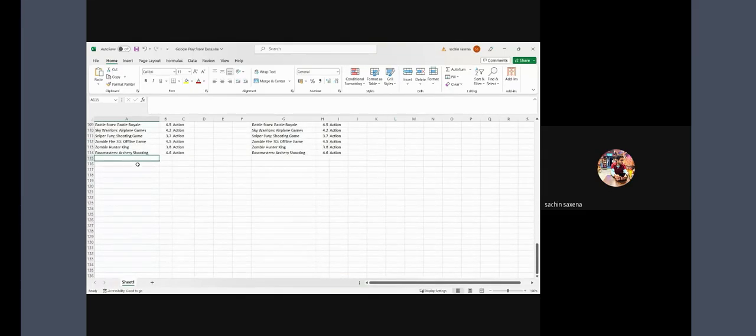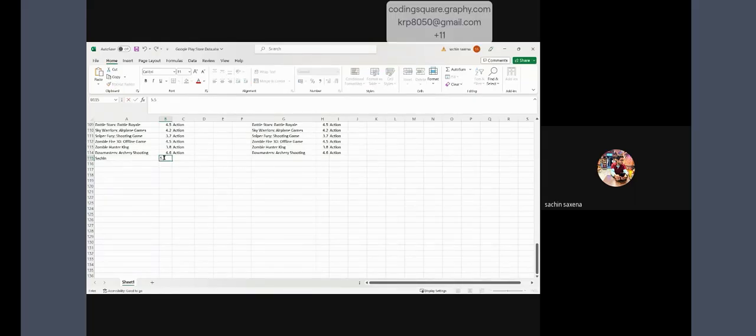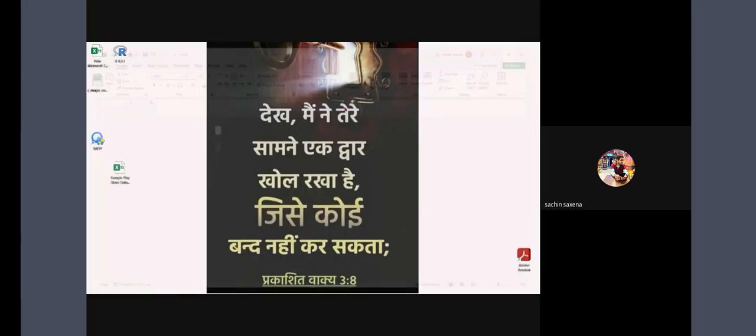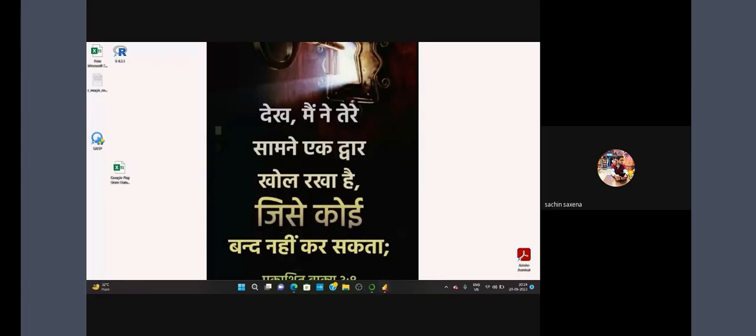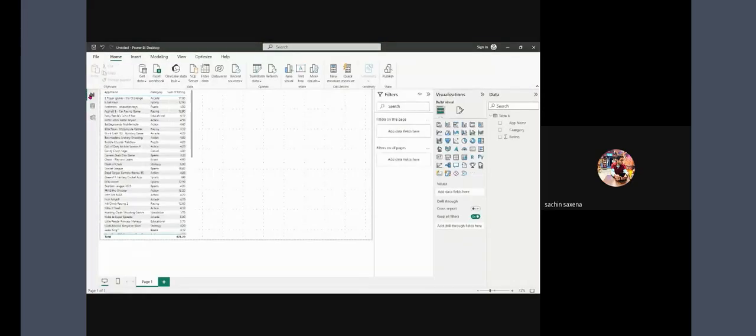Now, suppose I click on this search and enter 5.5, and go to action. This is like a horror table, right? I'm going to save it and store it. Now going back to the report view,